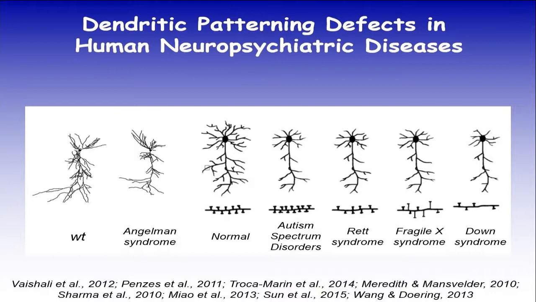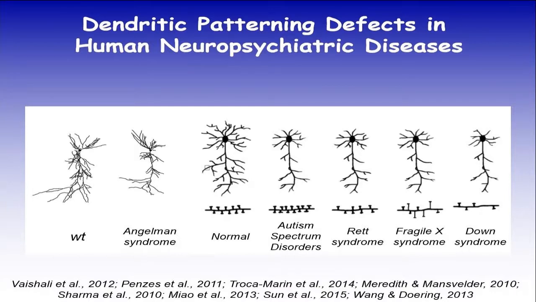Things such as schizophrenia, we can also recognize now, are actually statistically different in terms of their dendritic morphology. So taking, for example, Angelman syndrome, this is a trace of a pyramidal neuron from the patients. You see the dendrites arborized in this very different way. And for example, in Rett syndrome, you see fewer dendritic arbors and fewer dendritic spines, as you can see here.